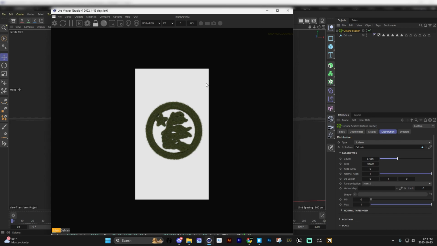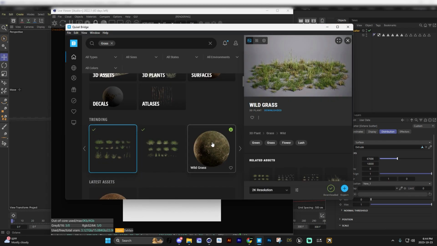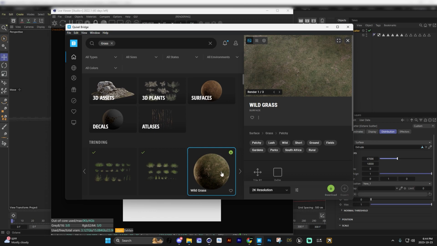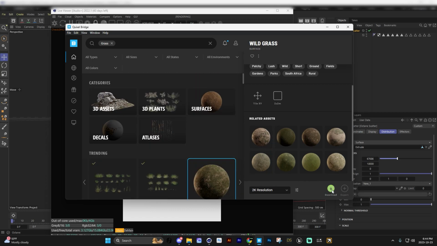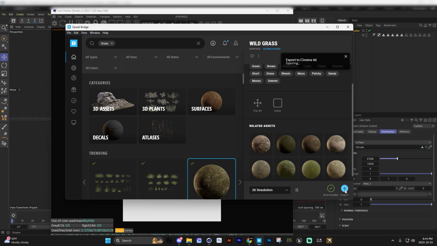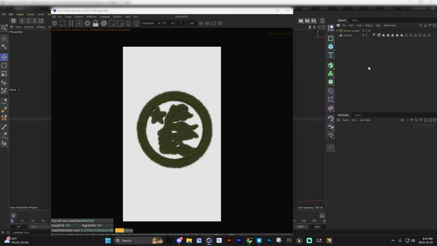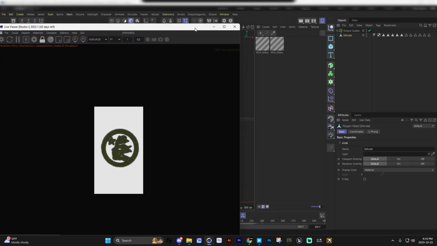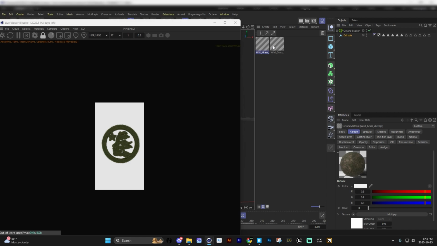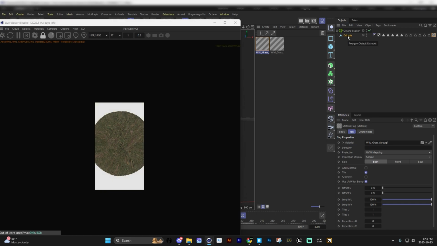So this is where I use Bridge again, and I just find a wild grass or a grass texture, something that I can put behind on the logo so it fills those densities. So I'm just gonna download this real quick. It should take like 2 seconds, and then we're gonna export this, and then we're gonna apply this to the actual Hellstar logo, because as you can see, there are gray patches, just because that's the texture of the thing, right? So we got the wild grass patch, I think. Yeah, we got wild grass, and then we just drag and drop it onto it.